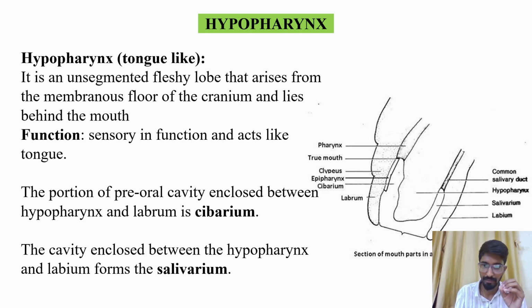Here is the preoral cavity, the oral cavity enclosed between the hypopharynx and the labrum. The cavity present between the labrum and the hypopharynx is called the cibarium, whereas the cavity enclosed between the hypopharynx and labium is called the salivarium. As you can see, this is the hypopharynx, this region is called the cibarium, and this cavity between the hypopharynx and the labium is called the